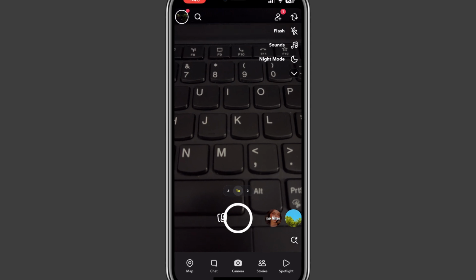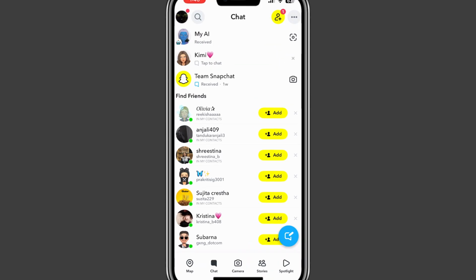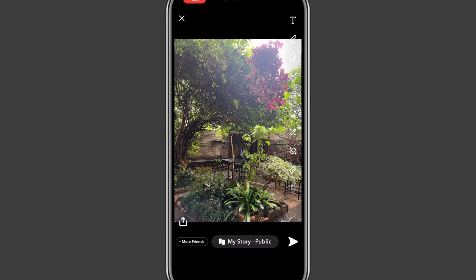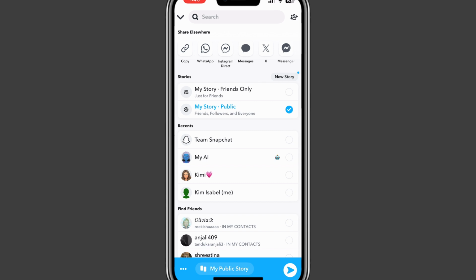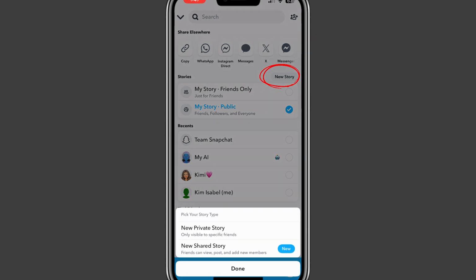First, open Snapchat. Now swipe left to the stories screen. Once you swipe left, tap on your profile icon in the top left corner. Now once you select your story, you can see my story public right here, right? Tap on it. Now once you tap on it, you can also tap on new story, and here you can